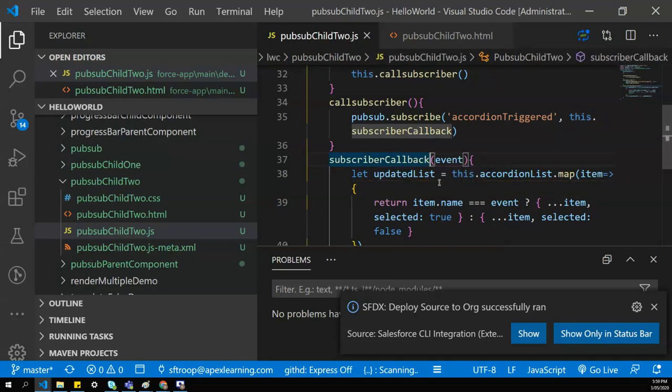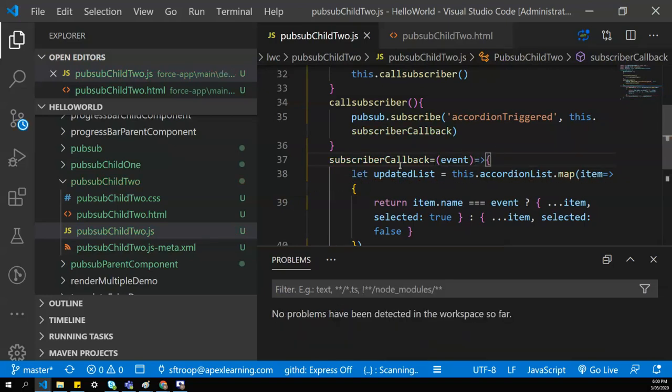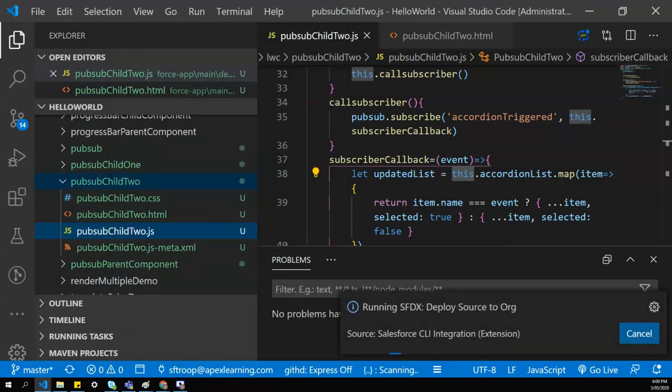Let's convert this function to an arrow function. Otherwise we need to bind this to this method. So let's convert this into an arrow function so that this scope is available within this function. And I hope the rest is fine. Let's deploy this code. So the component gets deployed.